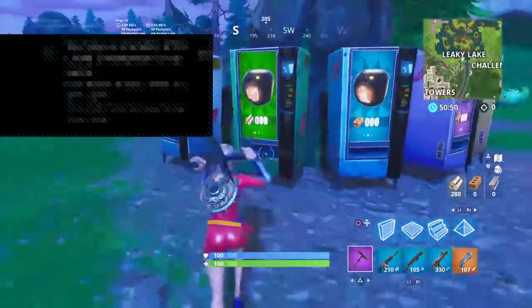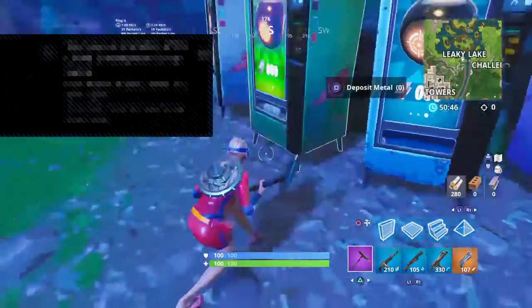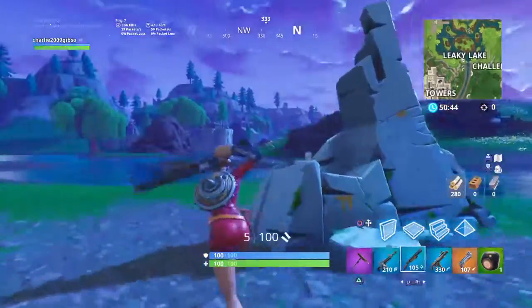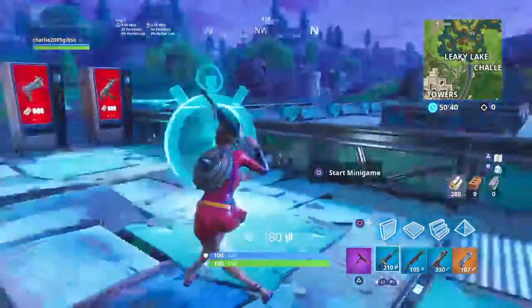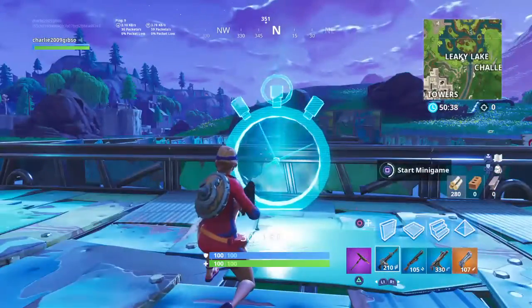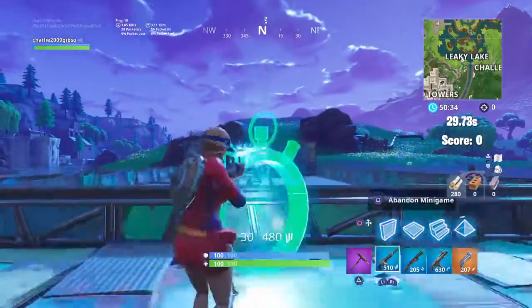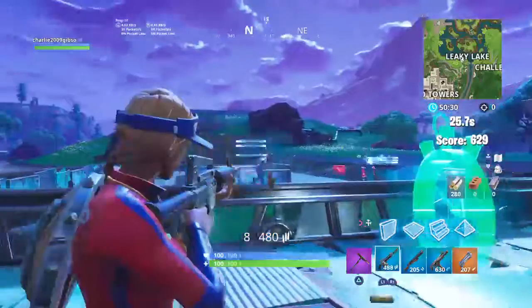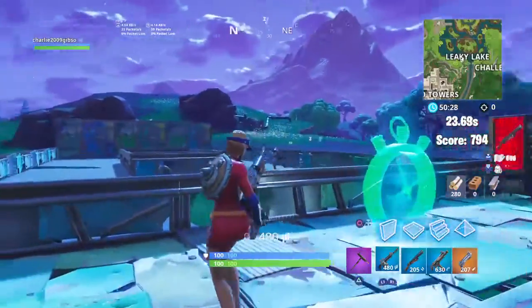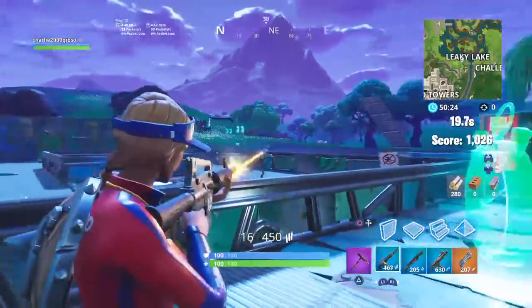But yeah, you want to go to this green one or this blue one, get that, and just throw that there. Then start the mini game while getting guns off here. So now you can actually practice your aiming. If you want to get better at aiming, say get over